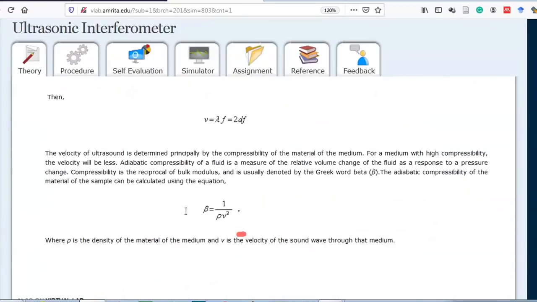Okay, here it is, this one. This is the second parameter, second aim which we need to find out, that is compressibility of the liquid. Let me explain it in very simple terms. You people are aware that whenever something is passing through a liquid, the liquid will spread away. Just like you compare a pond or a lake, whatever you consider. If you drop a stone, now what will happen? That stone will go down and the water will move out from that place towards the other side. That's what you have seen many times.